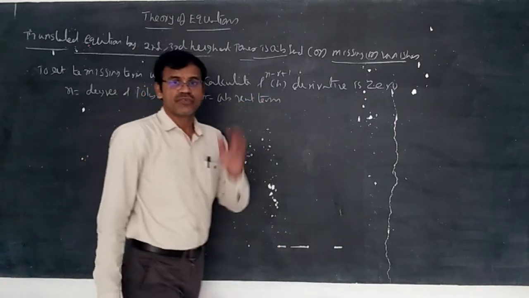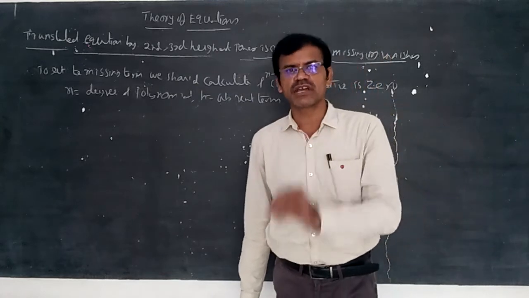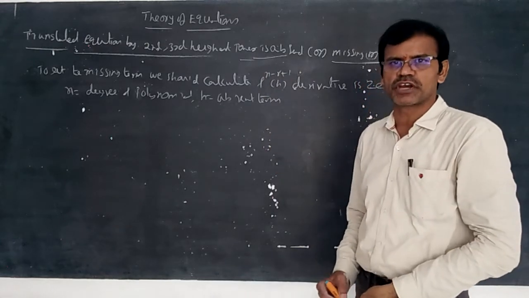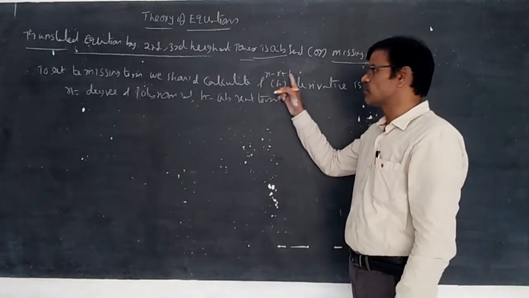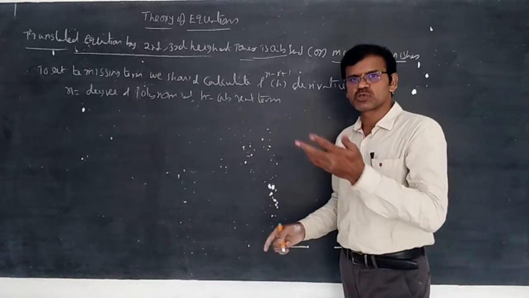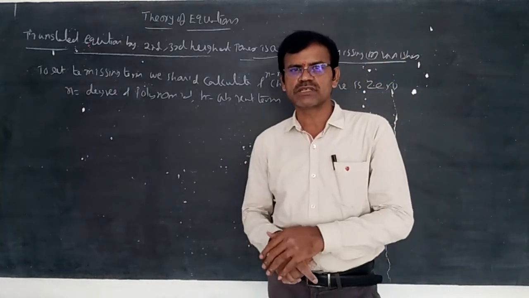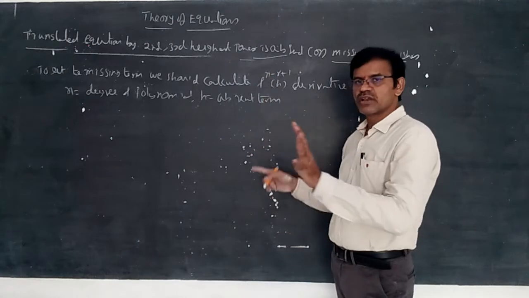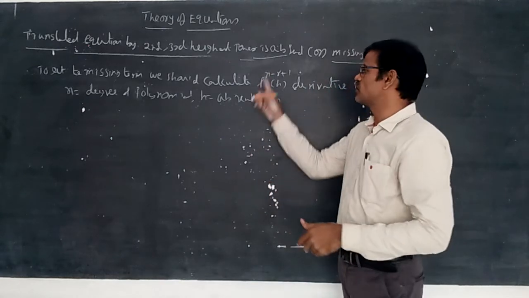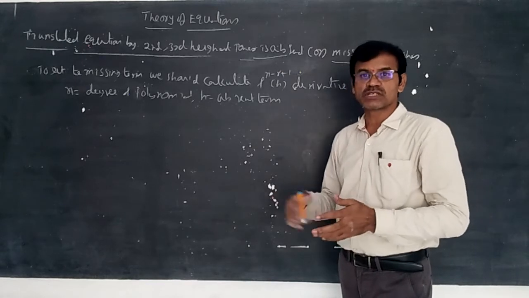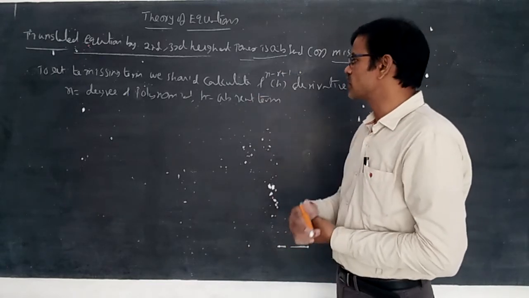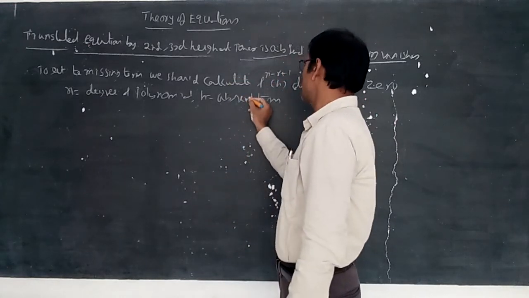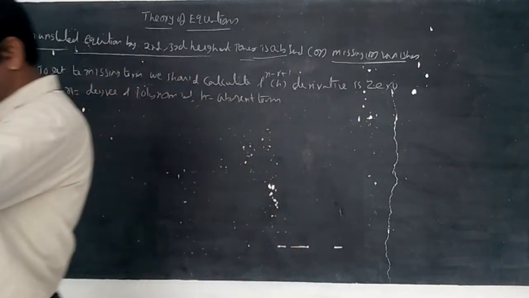If he is asking for the coefficient of the third highest term, then put r is equal to 3. n may be 5 or 6 or 4, anything. If n is equal to 4, then 4 minus 3 plus 1 is 2, so you calculate f double dash h, the second derivative. If n is 4 and r is equal to 2, then 4 minus 2 plus 1 is 3, the third derivative equal to 0. So depending upon the derivative, we should count. Here it is the absent or missing term, and whatever the coefficient is.